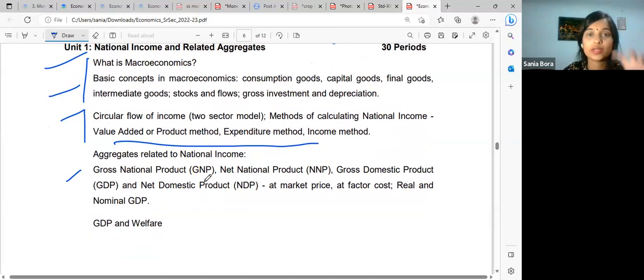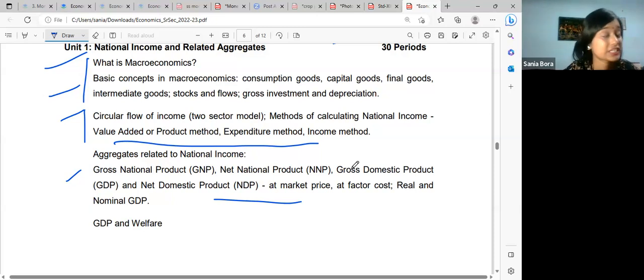Why? Because in the formula itself, I have to tell you GDP at MP, GNP at MP. So you will ask, ma'am, what is this? First I need to clear the concept. When I teach you a sentence, first I need to tell you the alphabets. This is A, this is B, C; A, T will be cat. Similarly, these are the related aggregates of national income like GNP, NNP, GDP, and welfare. These are the things. And after that, we will be doing this, which is very, very important.